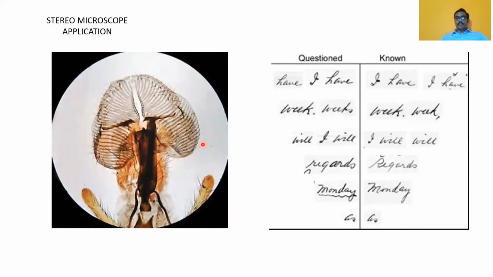We could use it in things like entomology, for example. We can understand what type of insect it is, what stage of insect it is. We use it in questioned documents where we can find out if tracing has happened, if there is some change in indentation, if there is some change in pen pressure. We can identify multiple different things on questioned documents also. We can use it for gems, stones, soil, glass, different such three-dimensional objects. So this way we have a greater advantage when we're using fluorescence and stereo microscopes.